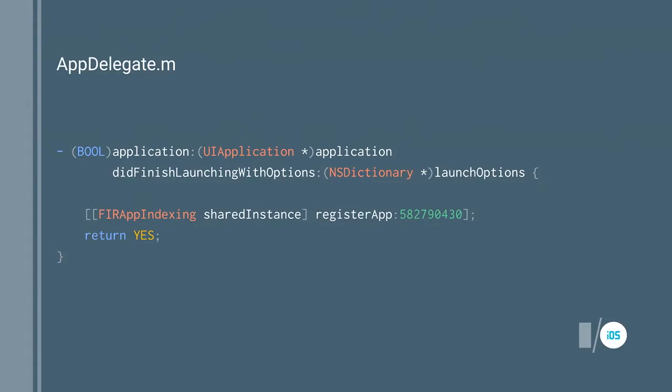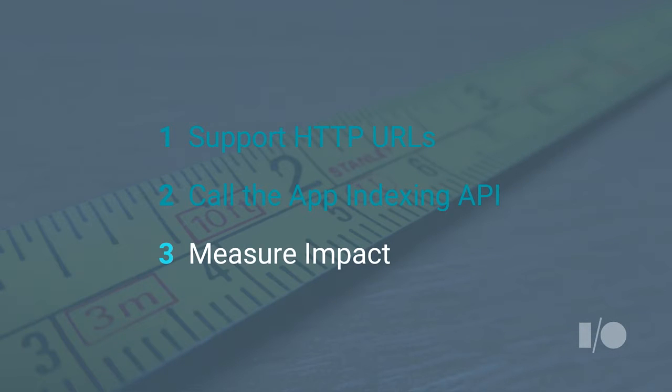On the iOS side, the API is even simpler and a little bit more limited currently. We just ask that you add a single call when the app starts up to register the app on the device. And so now you already essentially know everything there is to get your app into the index. And now you really want to make sure it actually worked, right? And you're actually getting more active users, and you want to see if there's any issues or maybe what you can optimize and tweak to get even more out of this.